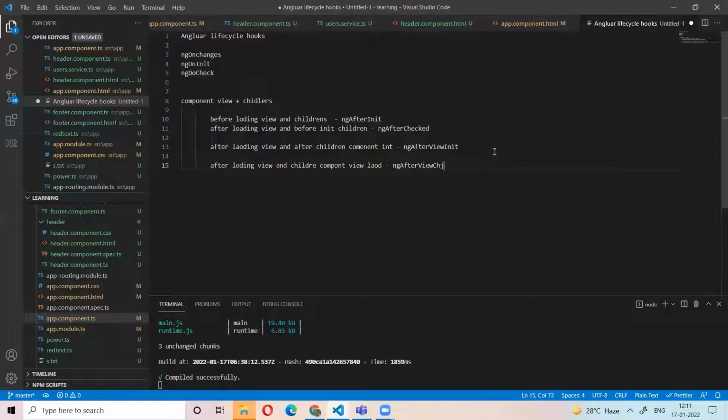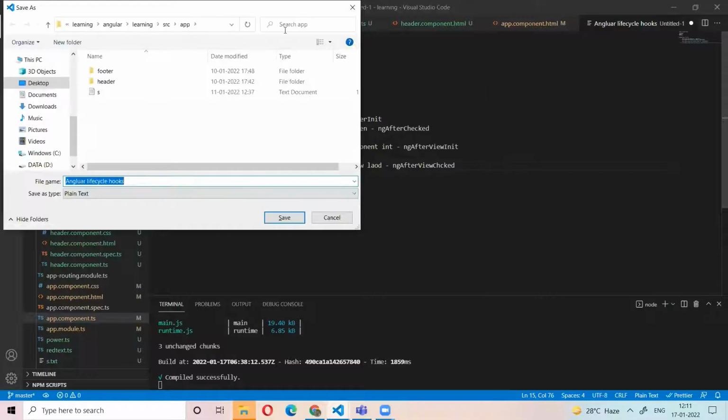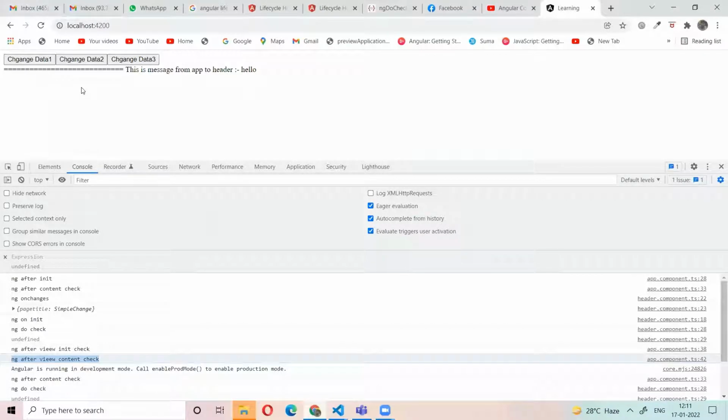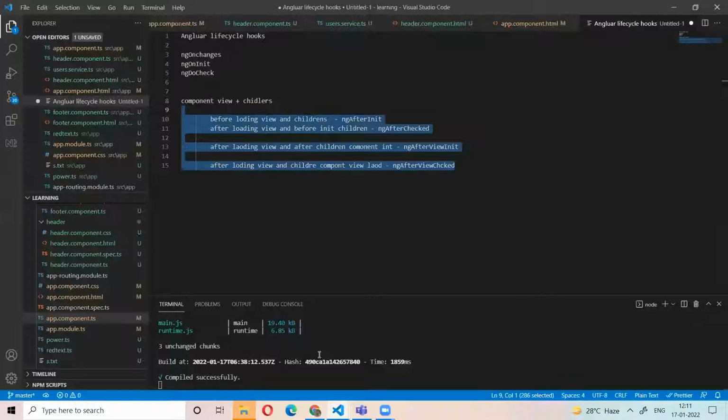If people understand, so these are 4 stages of methods. Why do we need all these 4 things? For example, before loading the child component, I need to log some data. After loading the child component, I log some data. After initializing the child component, I want to log some data. So different stages are there based on the child component's view initialization and view loaded.